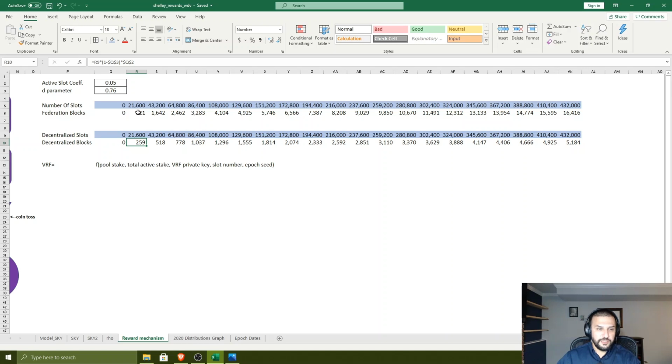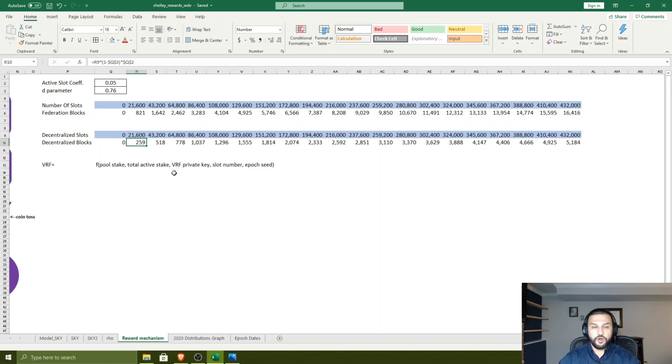So imagine this: each second, the federation blocks are playing lottery to find out whether they are leaders, and at the same time, the decentralized nodes are playing the same lottery. And whenever one of them is the winner, it just goes ahead and produces a block and sends out that block with a signature that verifies that it is indeed a slot leader. And once the nodes verify that it's a correct block, they add it to the chain.